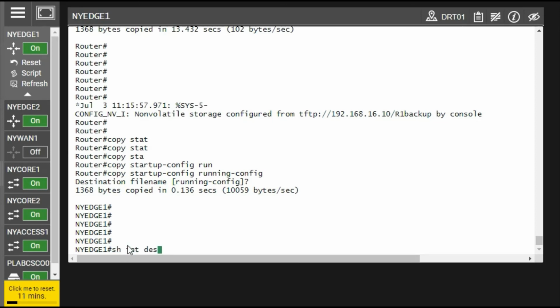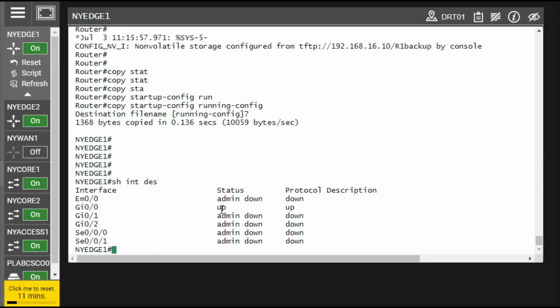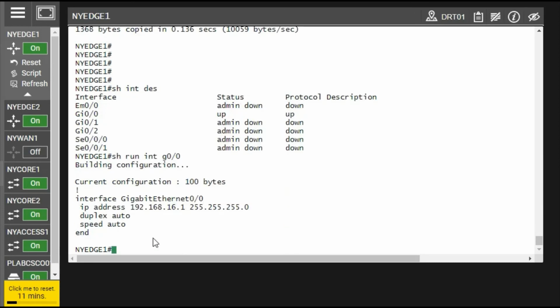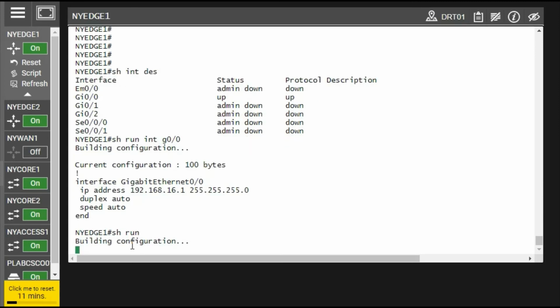Your interfaces are up. This is up, and you have changed your IP in your interface. Show run interface 0/0. So your IP has been changed to 16.1, that was configured 16.5 earlier, and you have a lot more configuration in your running config as well.